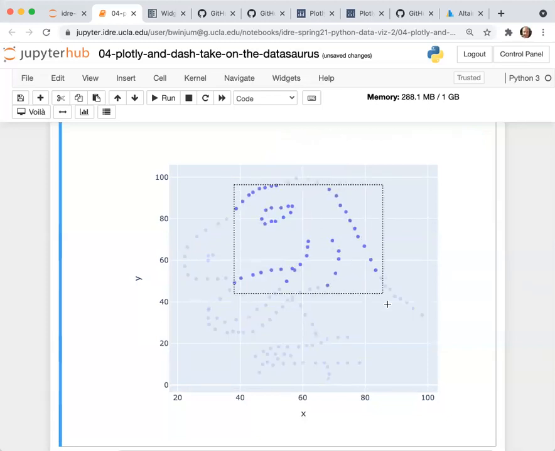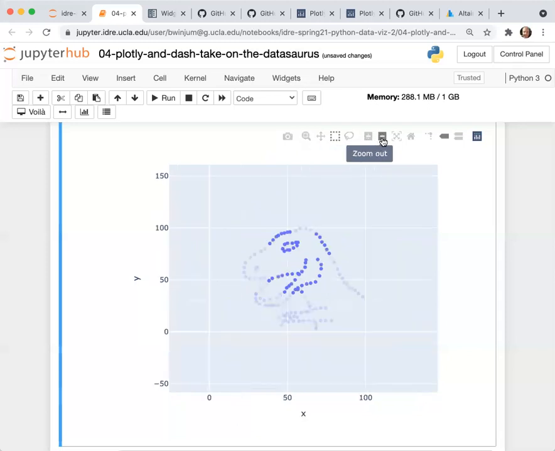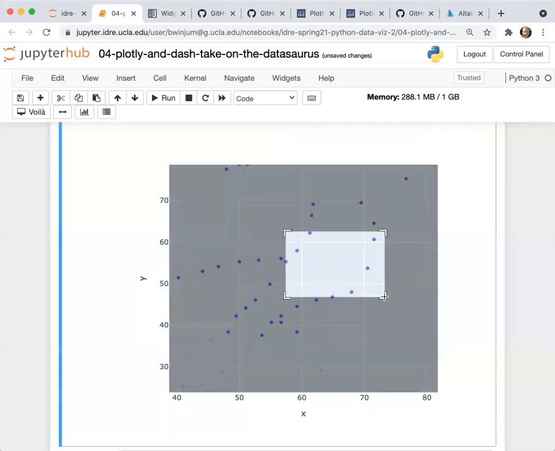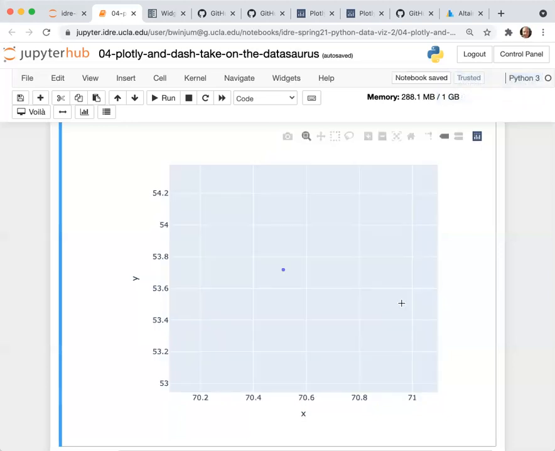If I click on the box select, I can look at different data points, or I can do a zoom. Let's see, zoom in or zoom out, or I can do an explicit zoom. I can zoom in on this little point.